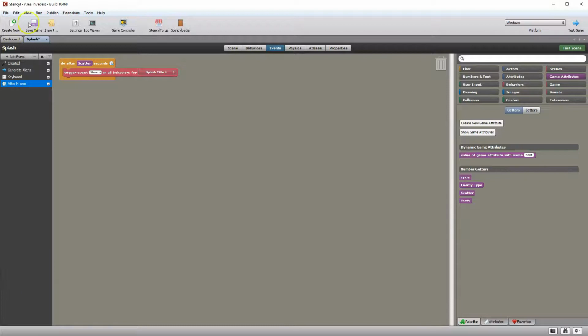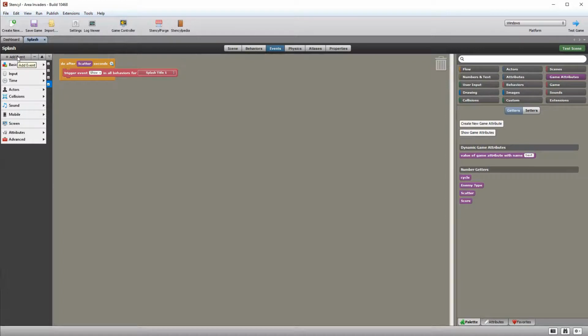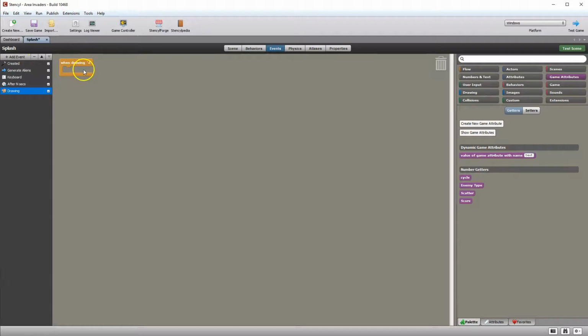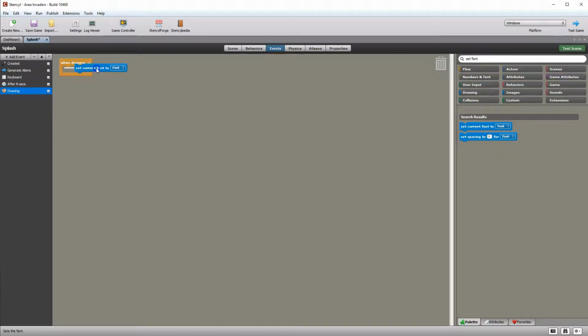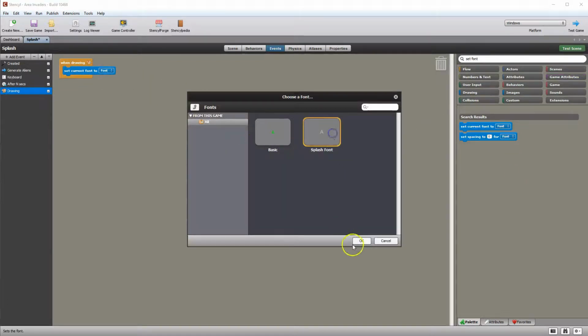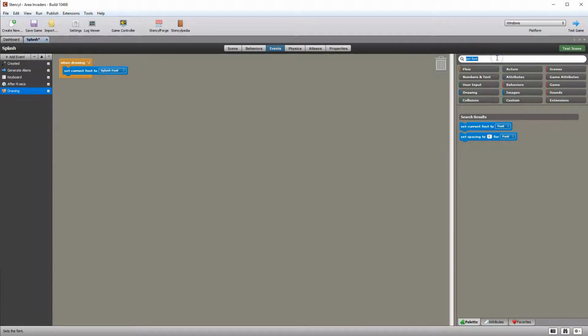So going into it, we're going to add event. Then we're going to say basic when drawing. What we want to do is set font to the one we've just made, our splash font. And then we want to draw text. So we'll say draw text like so, and then it will be draw text anything at this. So drag that in. Basically what we want to do is draw our